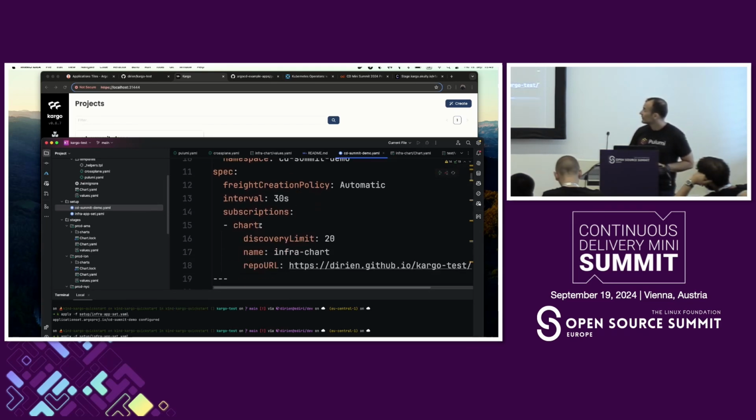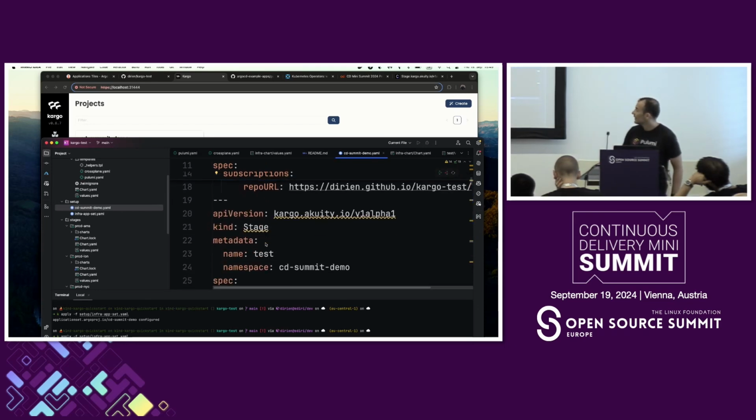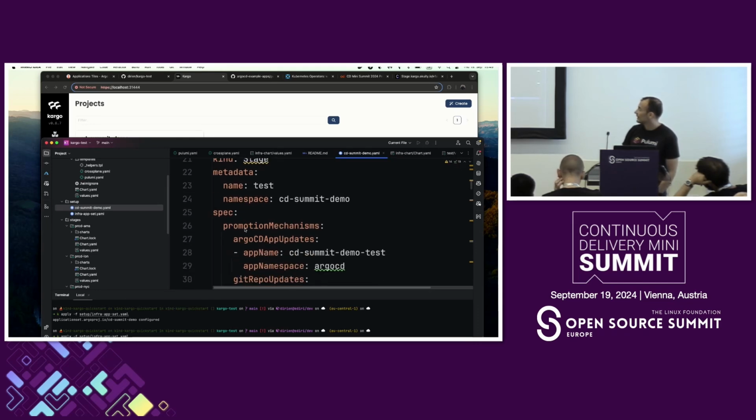And what I told it is, hey, please create your subscription to the following repository. This is a classical Helm repository URL, so it will check all the existing versions. And then the name is infra chart. That's one important thing. And now we come to the stage. So I'm defining here my stage. I say, hey, listen,